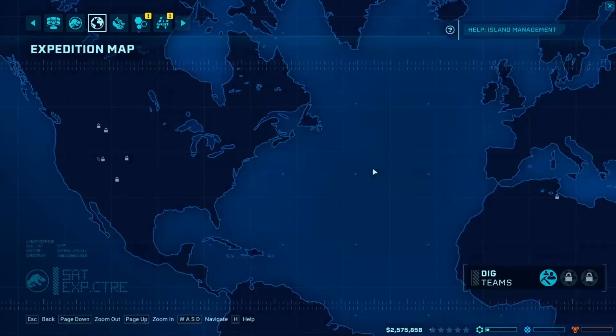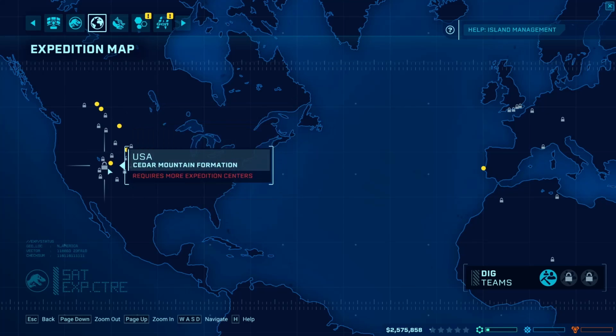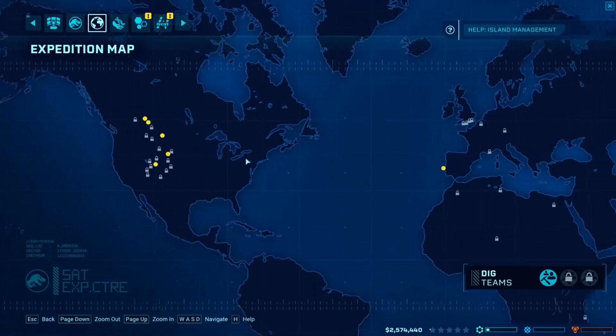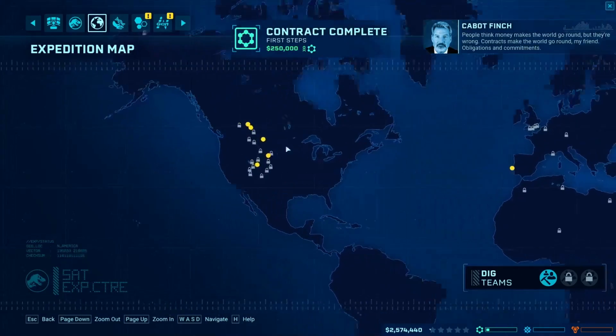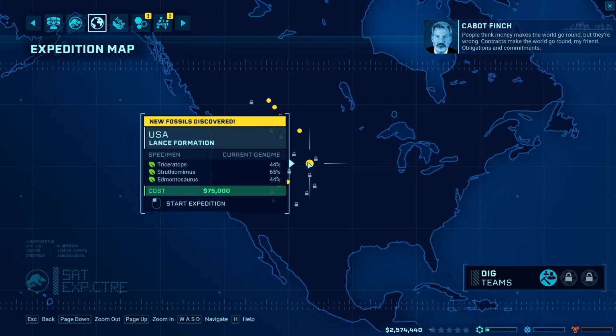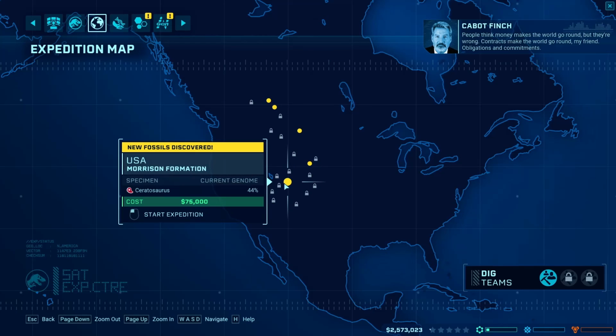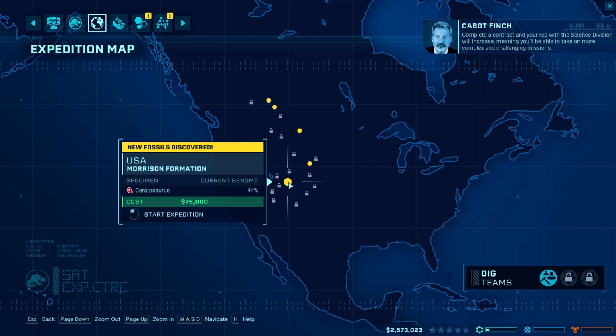All right, so let's go view the map here. So yeah, this is our expedition map, all over the world. People think money makes the world go round, but they're wrong. Contracts make the world go round, my friend. Obligations and commitments. Complete a contract, and your carnivore